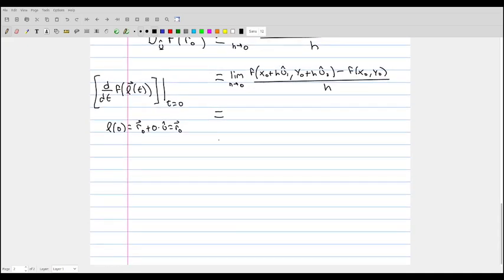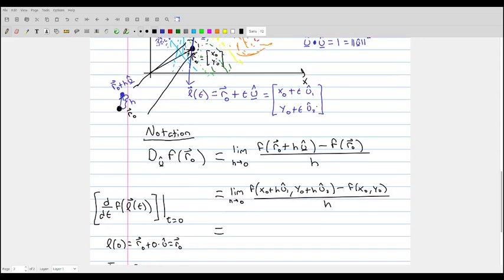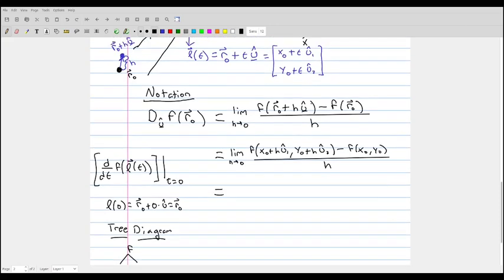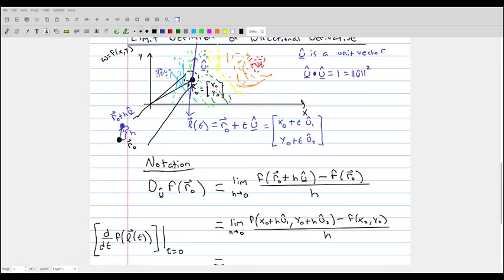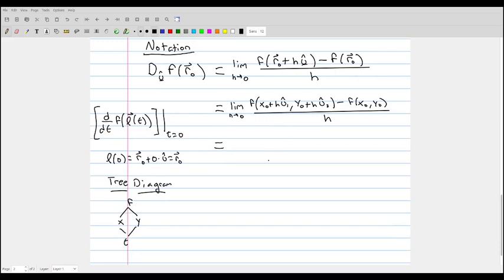This is directly because of the fact that in the chain of dependence, the tree diagram for this scenario, we have that f depends on x and y, which also depend on t. x is the x coordinate of points on this line, so it's x naught plus t times u1, and y of t is y naught plus t times u2. So this is the tree diagram for this. But because this expression is the normal single variable derivative of the composition of this function with the line L of t, this limit is the same thing as